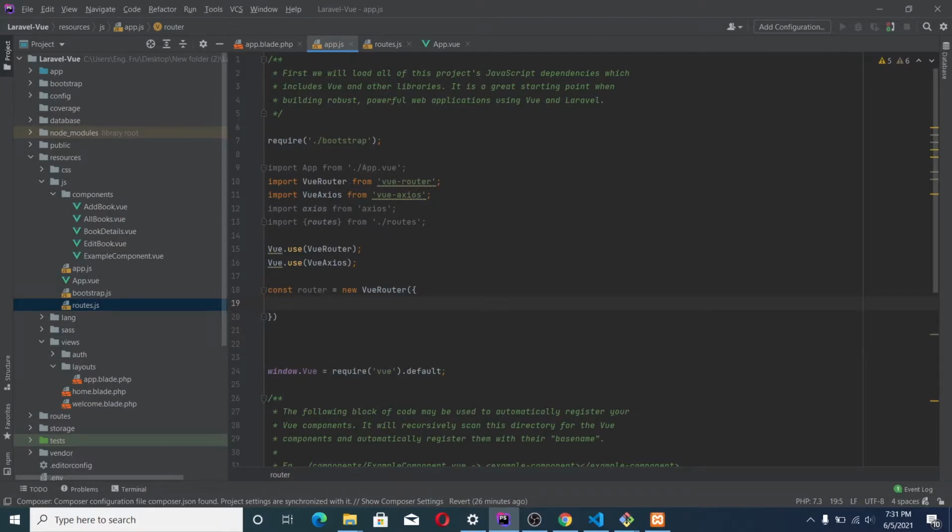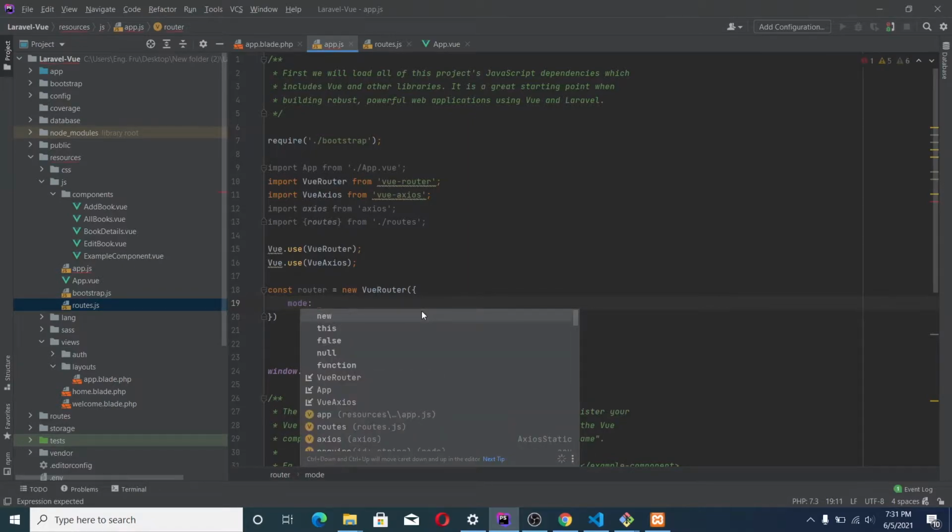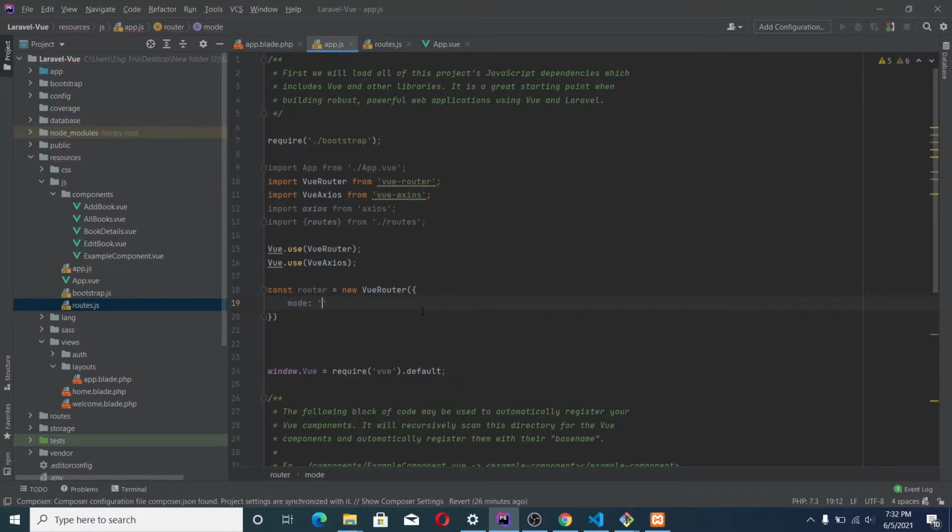In this Vue Router, we're going to pass an object, and this object is going to have attributes. We have mode, let's say history.